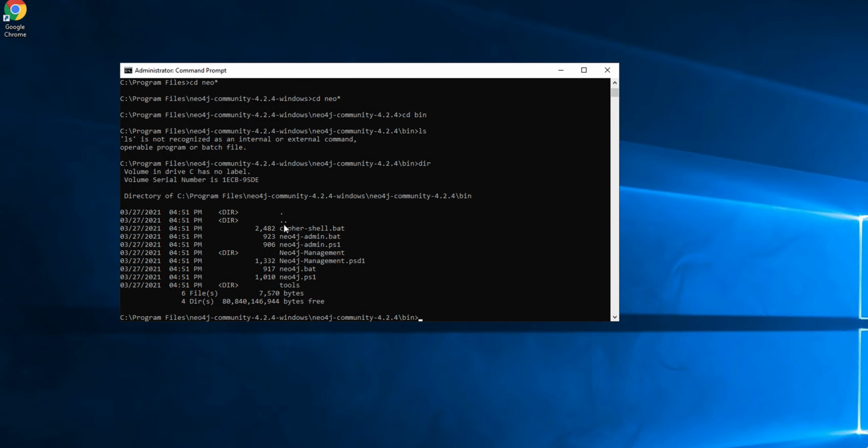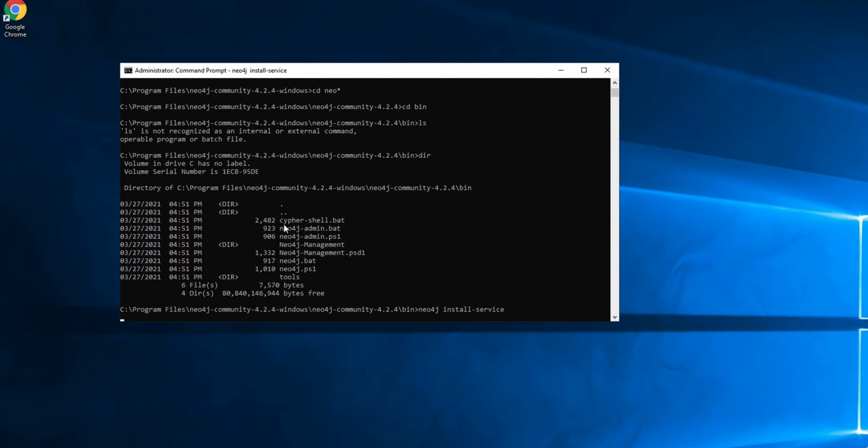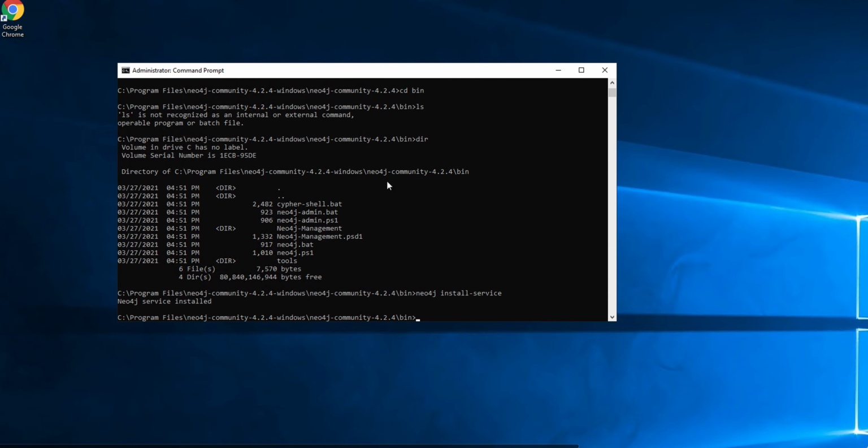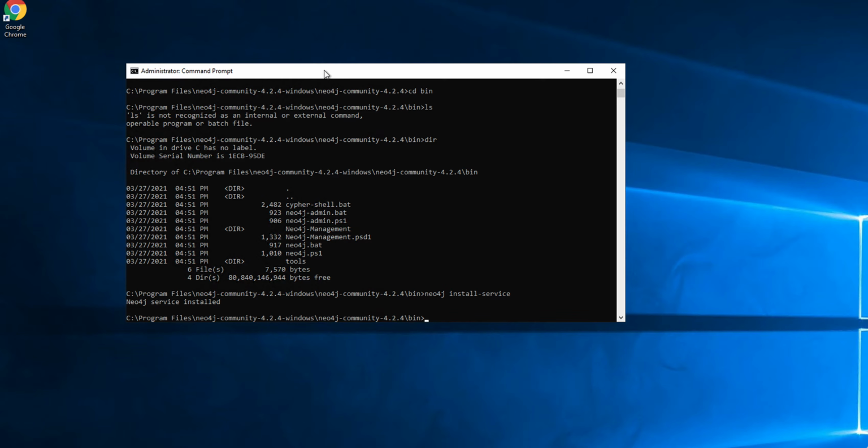Okay, and you want to do a Neo4j install service. And if everything's working, this will go without an issue. So hopefully it'll, okay, good, it worked. So that has put Neo4j in as a service. And note, so now if you want to use this thing outside of the server, you want to do a few things. First of all, we have to open up the